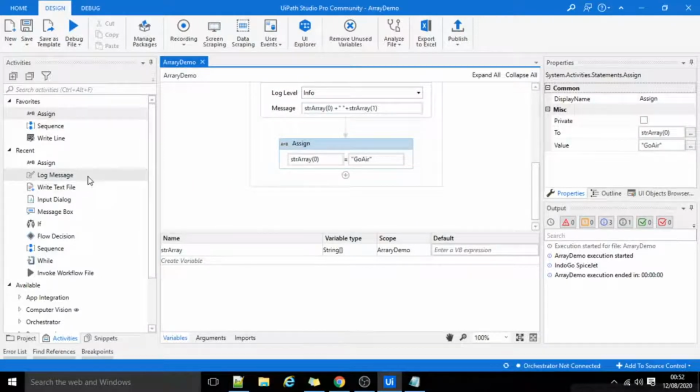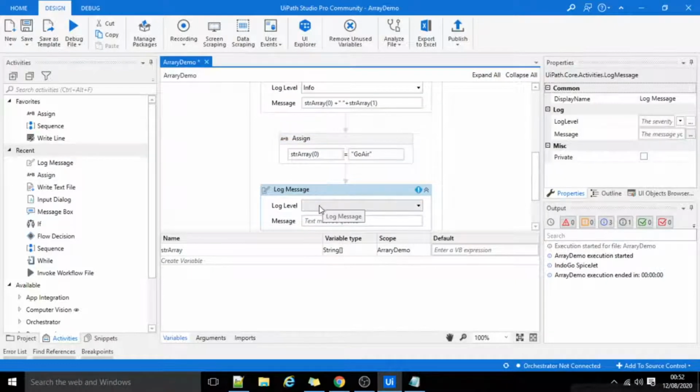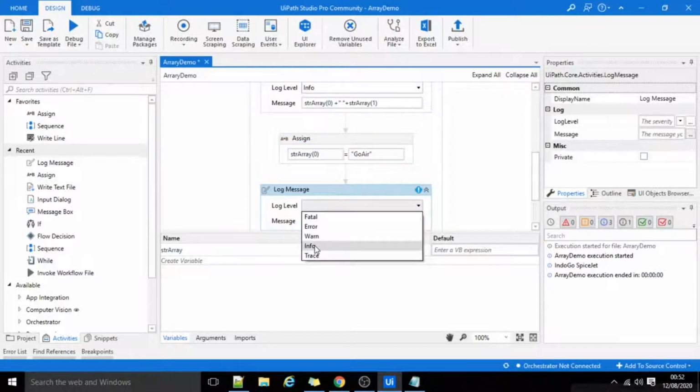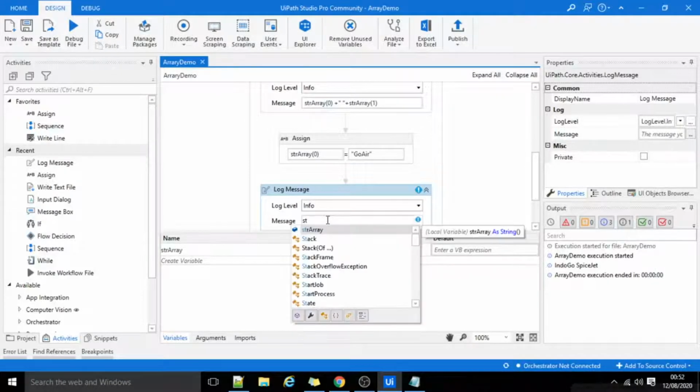Again I'll try to print that array. This time I will use another method to print elements of an array. I will use string concatenation methods.